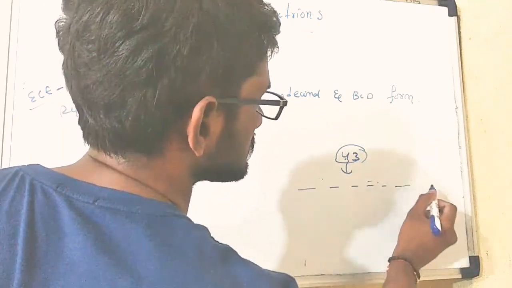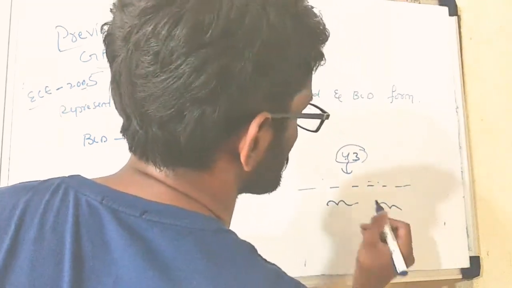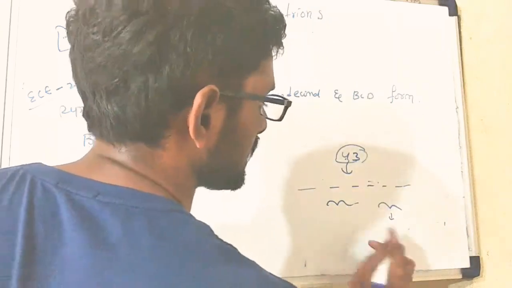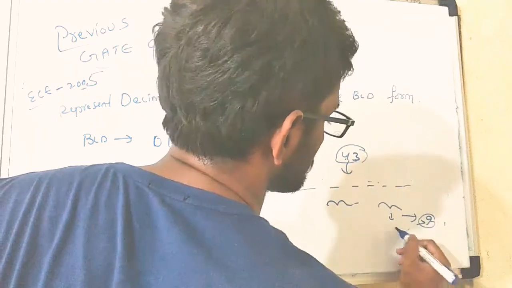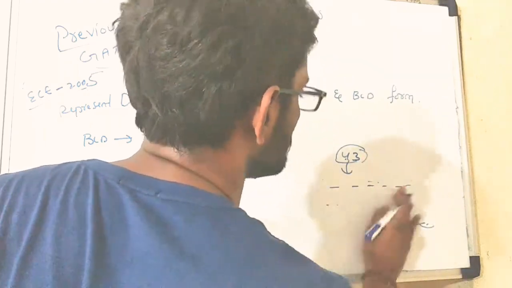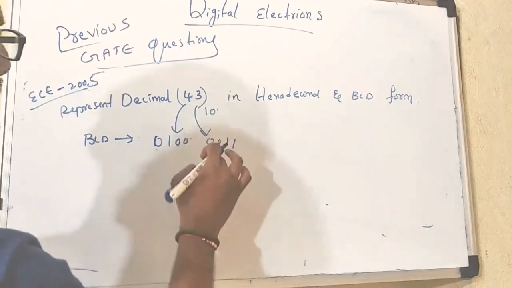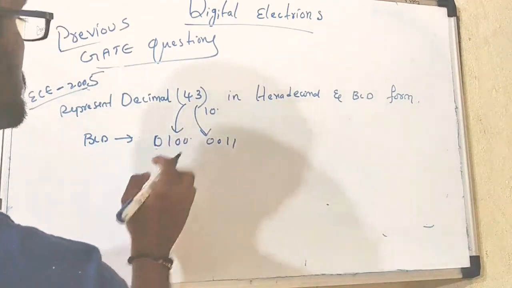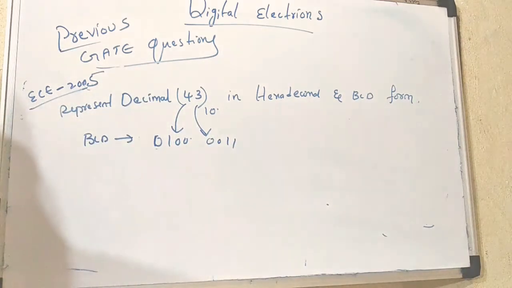Let us suppose that this is the binary value. After separating into 4 bits, if these 4 bits are not greater than 9, simply this is the value. If this binary value is greater than 9, add 6 to the given binary value. This is a difficult task, so we group directly by digit. For 3 the binary value is this, for 4 the binary value is this. So this is the BCD representation of decimal 43.